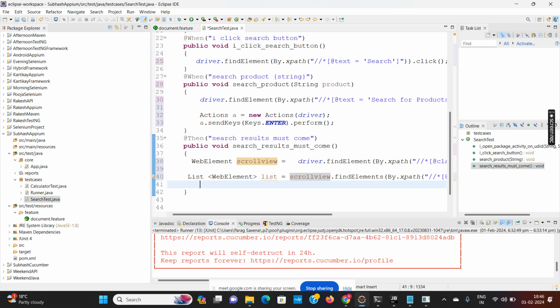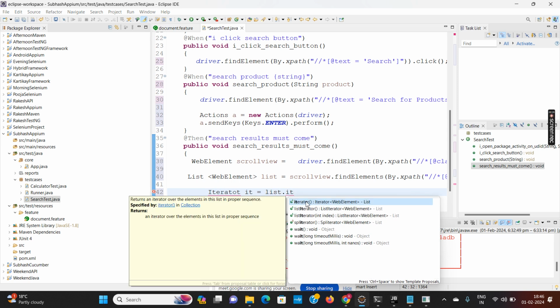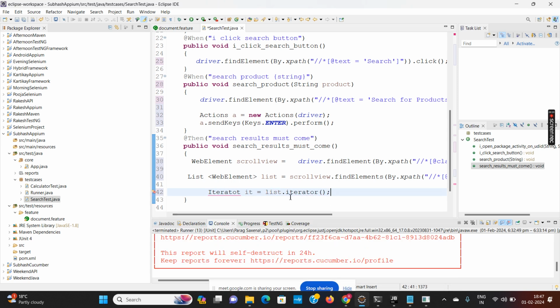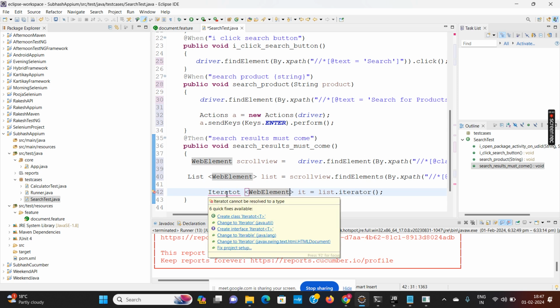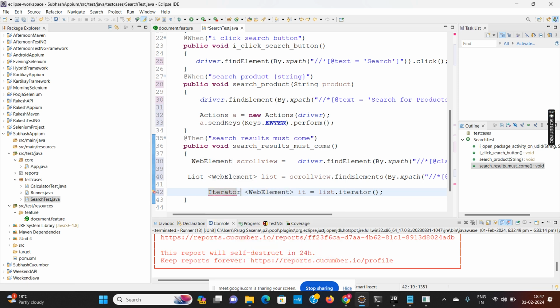And then iterator it is equals to list dot iterator.